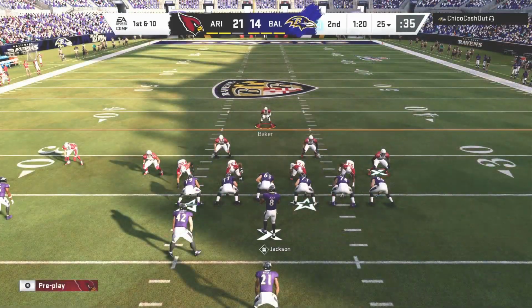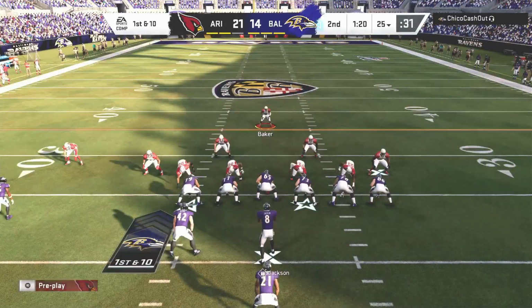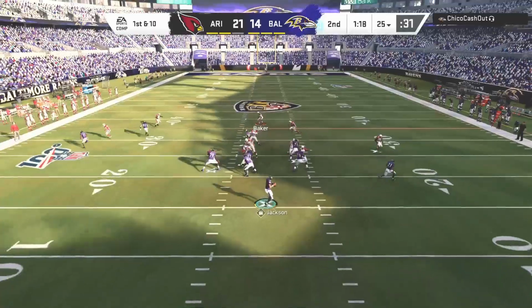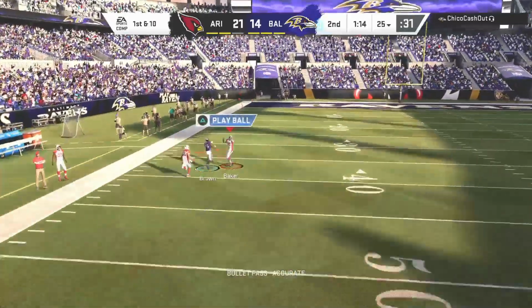The Baltimore offense at the line, set to get going. And now with still more than a minute to go in what's been a tight game, you figure we'll try to see them move the ball downfield. And remember, they get the kickoff to start the second half, so this is a...